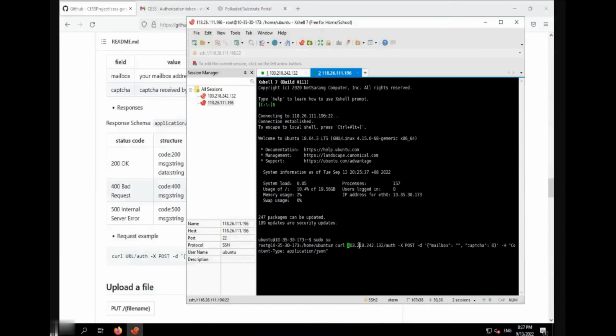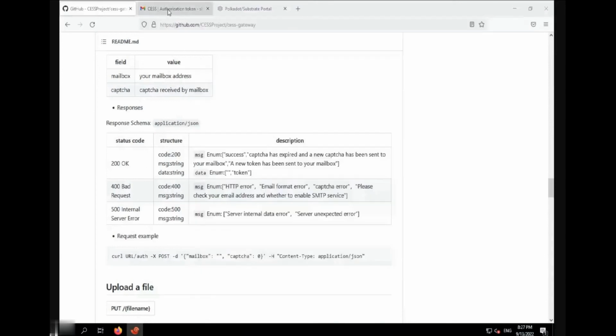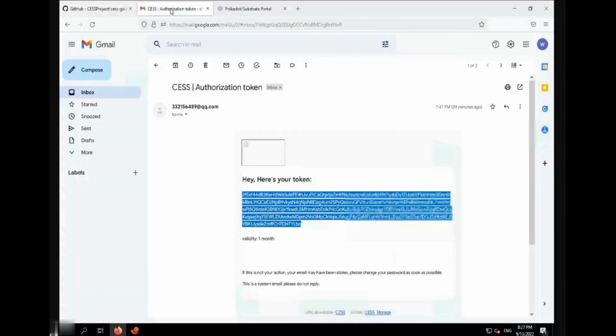Don't forget to add http:// because the gateway borrowed is also open on port 8081, so fill in 8081 here. In the quotation marks behind the mailbox, you also need a mailbox to receive the verification code and token.